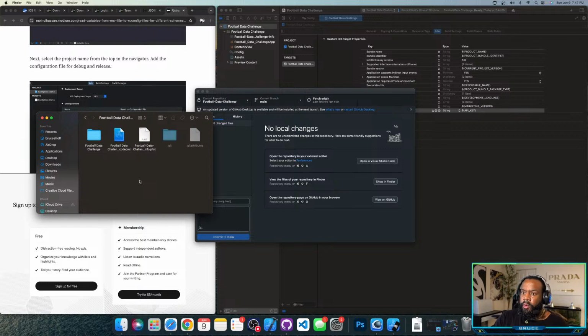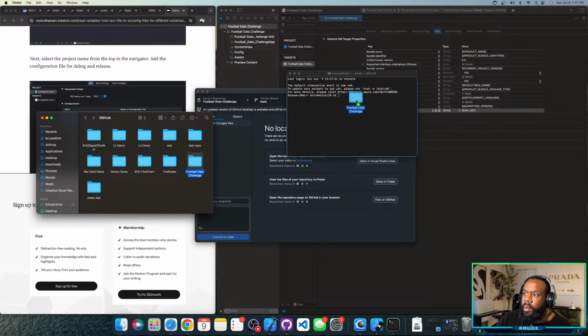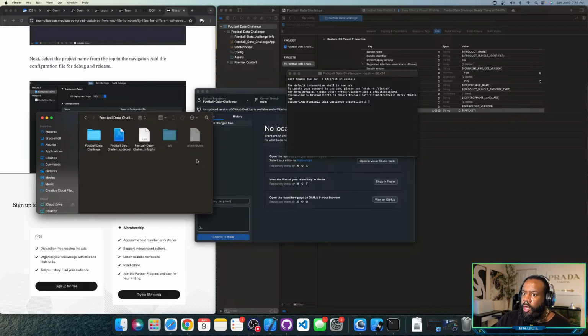So Command Shift period. Okay. Cool. So open the terminal app. Type cd, drag the project folder in. Hit enter. Football data challenge. Okay. So now that I'm inside that folder,